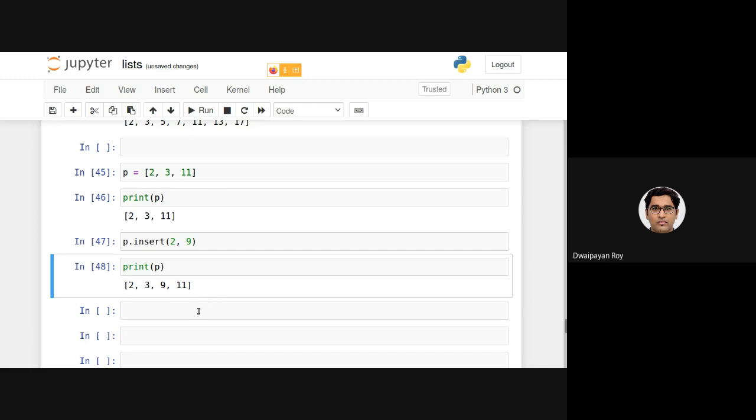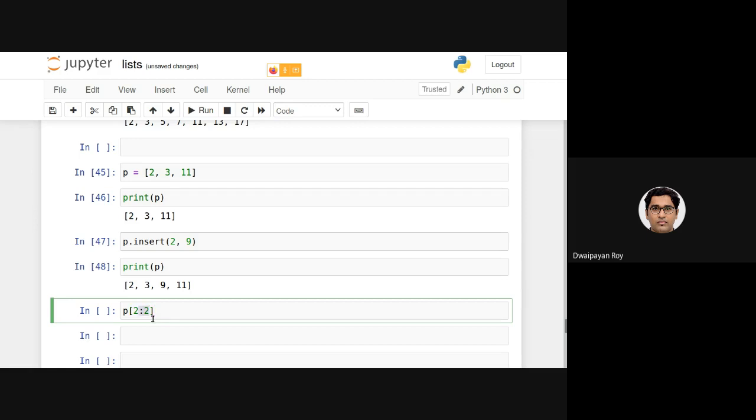Now I want to insert 5 and 7 in between these two. So what I can do is p, as I have said here, so basically this is the location I want to insert, right? So p[2:2].